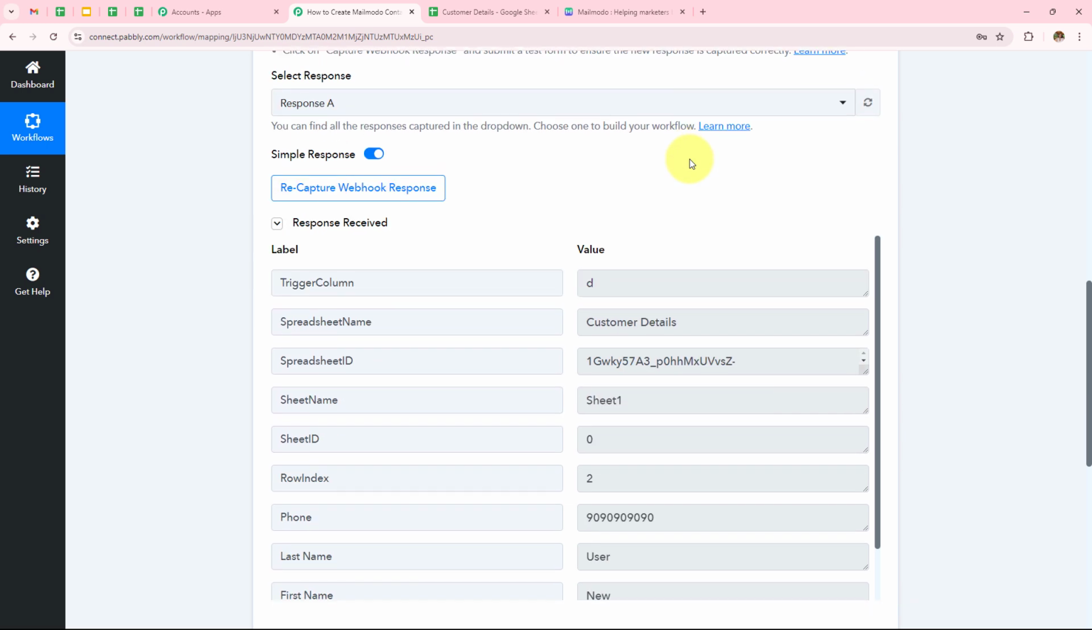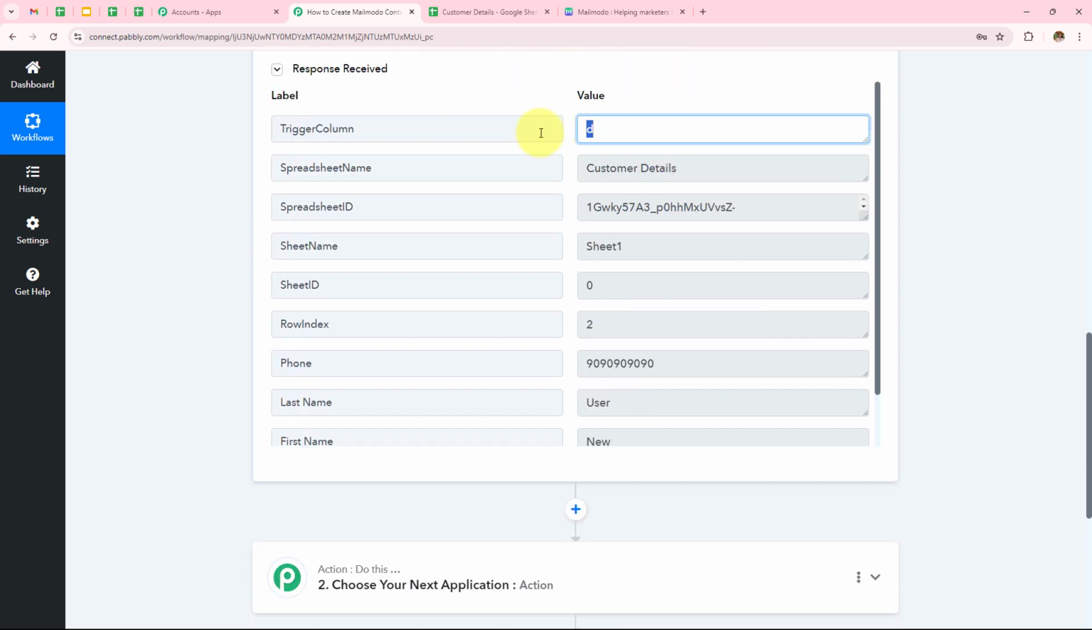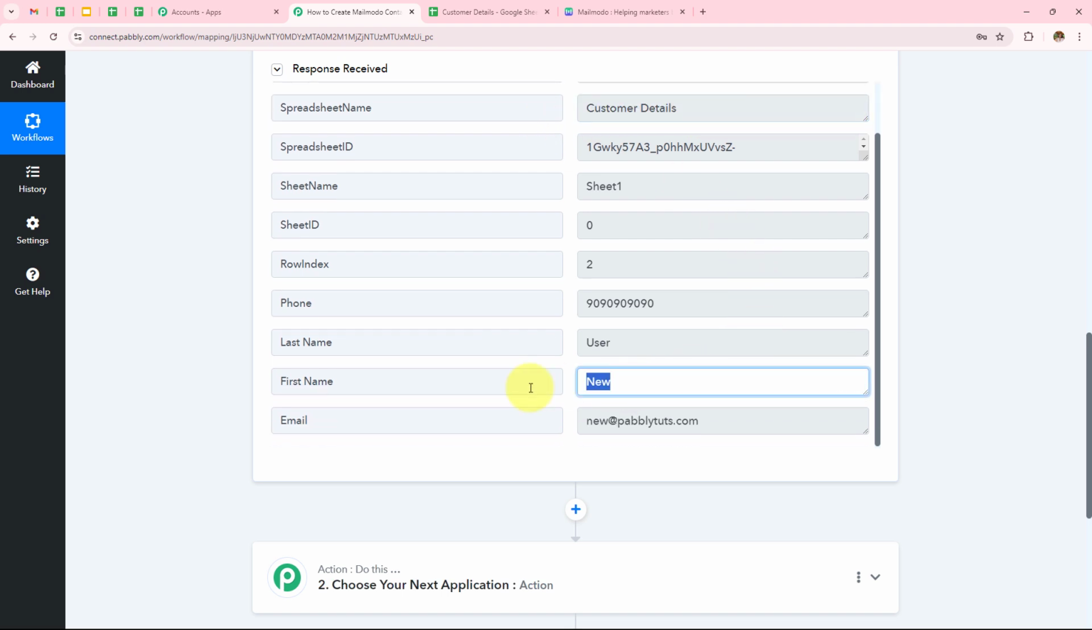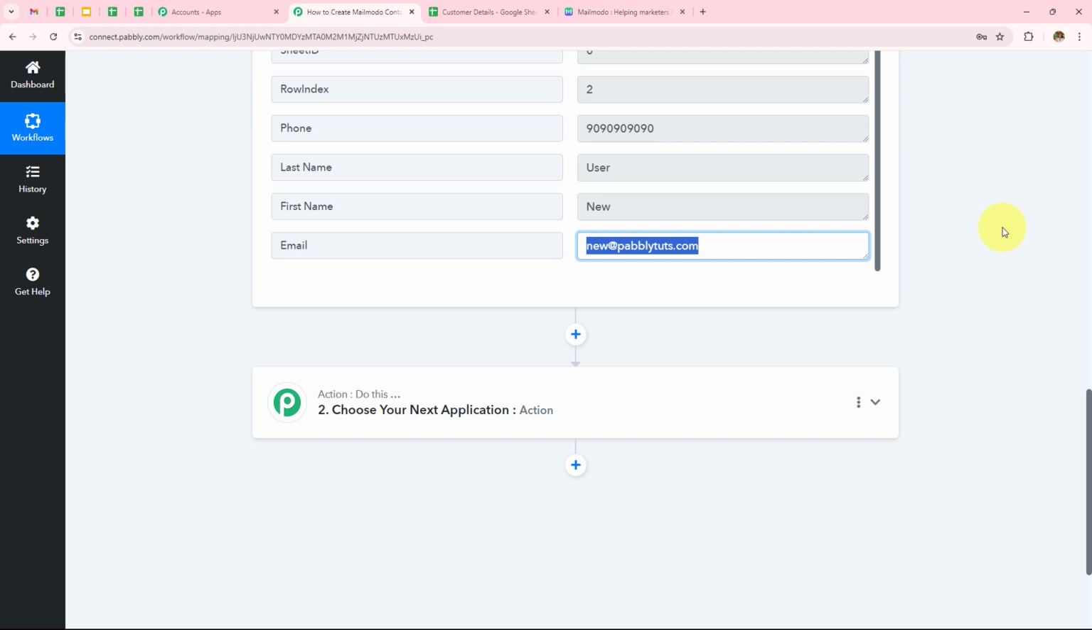And over here, we have instantly captured the response. Trigger column was column D. Spreadsheet name was customer details. First name was new. Last name was user. Phone number was this. And the email address was new@pabblytudes.com. This means Google Sheets is connected with Pabbly Connect, and now we need to move to our next step,